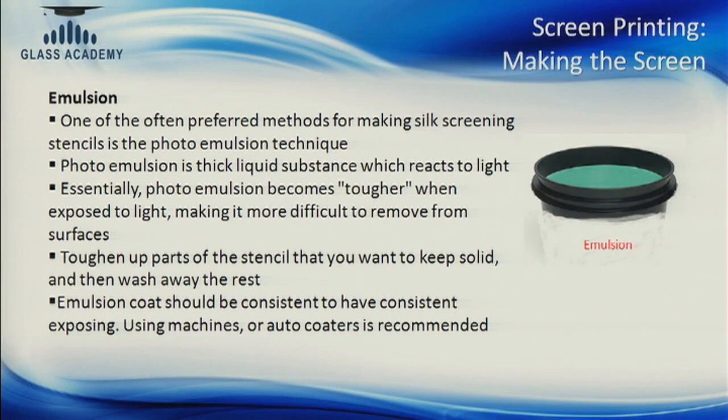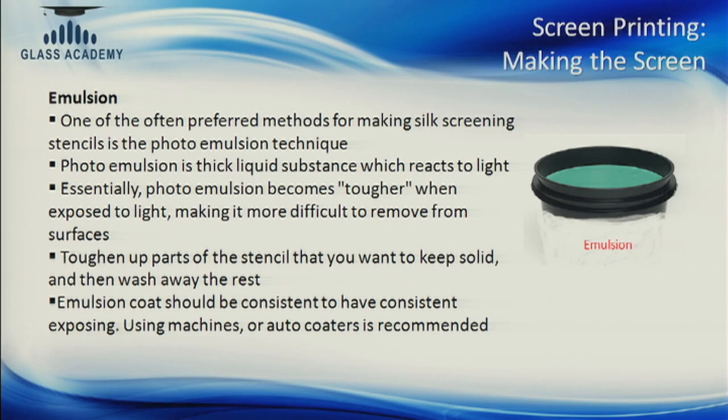Then you have to coat what is light sensitive, or a photo emulsion, which is something which blocks the screen, and this particular emulsion is light sensitive. So wherever light touches the emulsion will become hard, and wherever the light doesn't touch the emulsion will wash away. So the purpose of the emulsion is to create the positive, or create the frame where the ink will pass through the areas where the positive that you just made, black portions, will not get the light, and the other areas which will get the light will solidify.